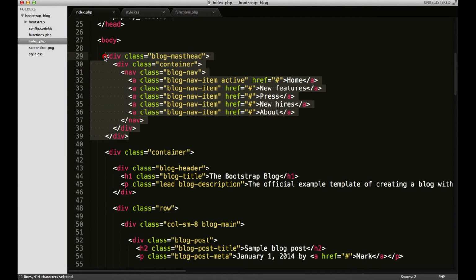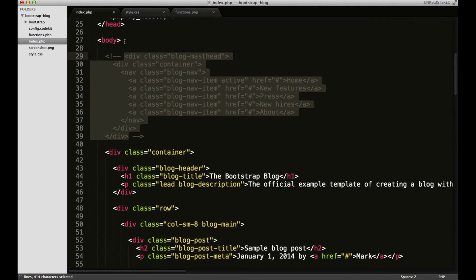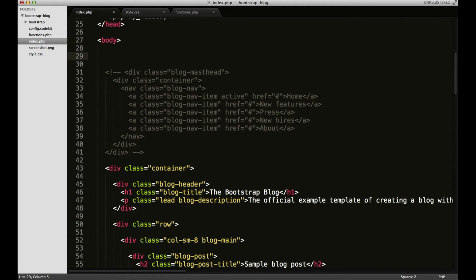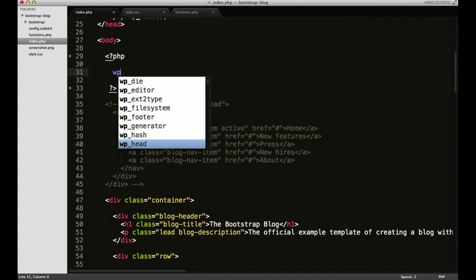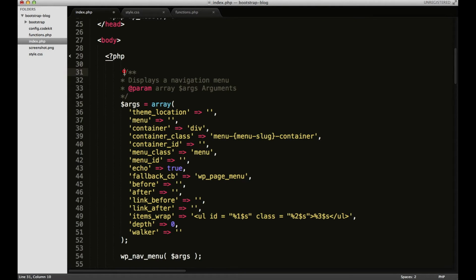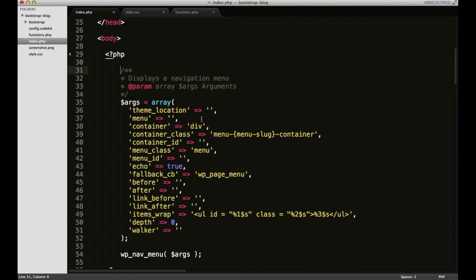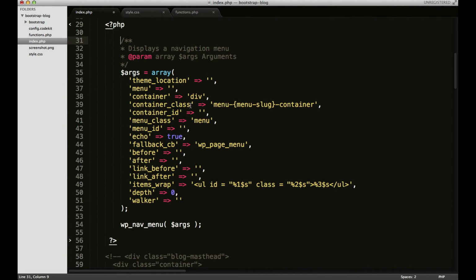Now I'm not going to delete this just yet. I'm just going to comment this out and open up a block of PHP code, and I'm going to use the WordPress function wp_nav_menu, and I'm using this extension for Sublime Text that adds all the WordPress functions, and that's how I have all this quickly done. You'll see a lot of arguments up here,